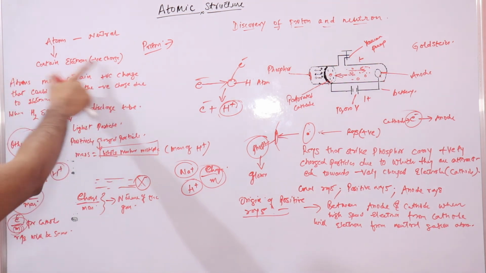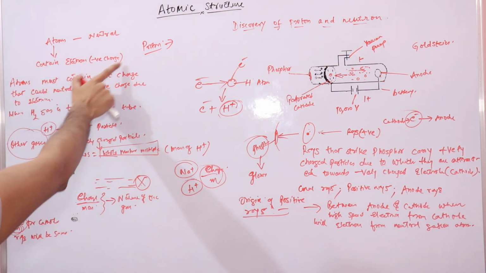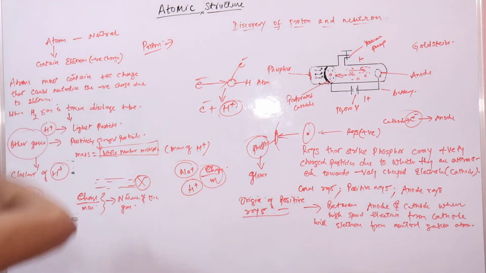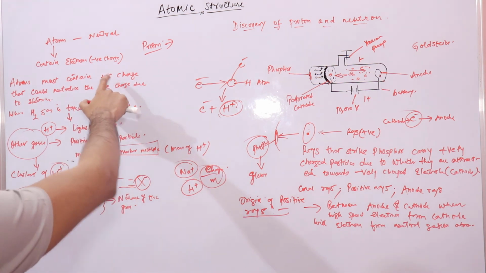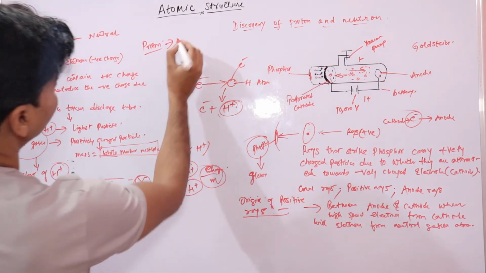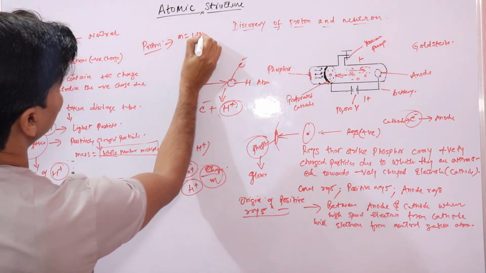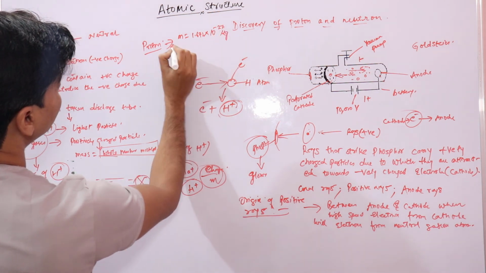In the beginning of this lecture I said that atoms should contain some positively charged particles to neutralize the negative charge. So the positive charge in the atom has equal and opposite charge to that of electrons. So its charge is plus 1.6 into 10 to the power of minus 19 coulomb, and its mass is 1.672 into 10 to the power of minus 27 kilogram, and its charge is